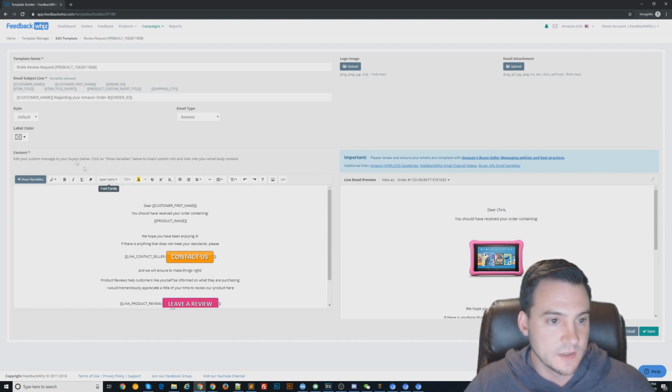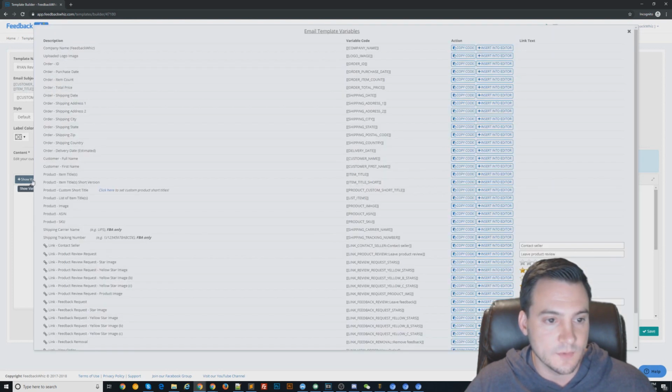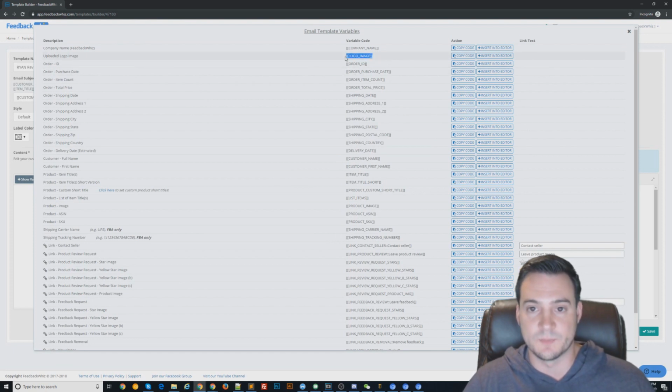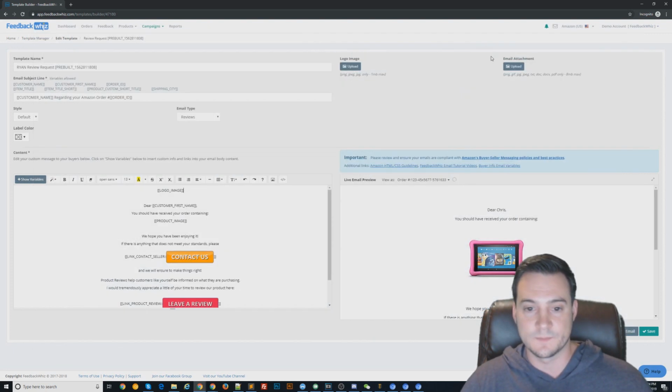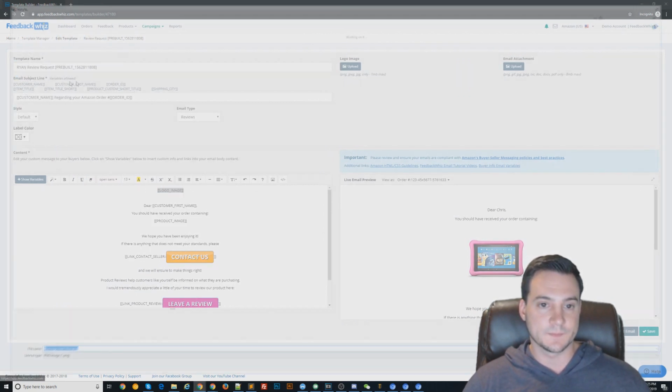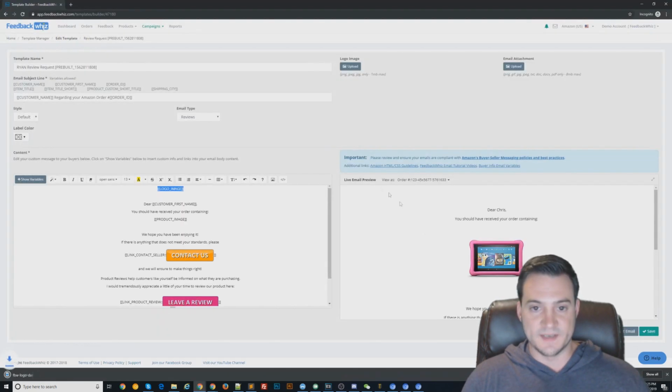to insert it using, where is the tag? Variables and uploaded logo image. So it's just bracket logo underscore image. Click insert into editor, and there we go. So if I were to save this image to my desktop,